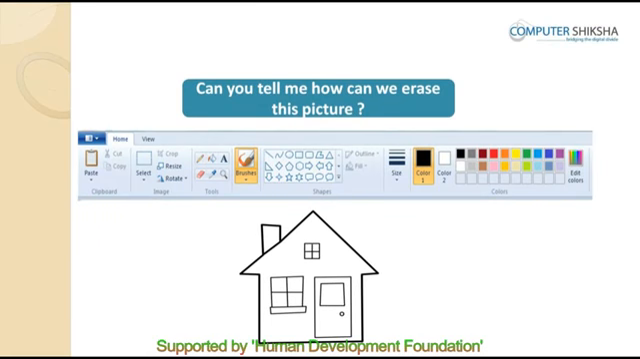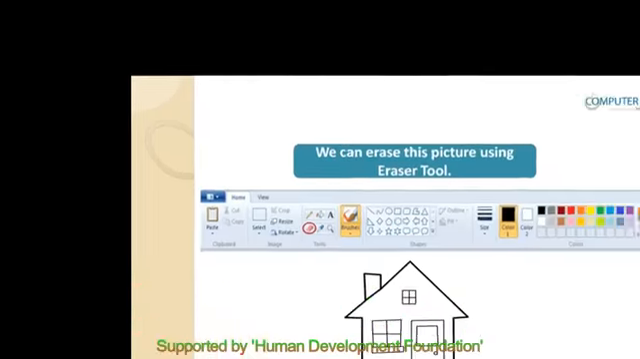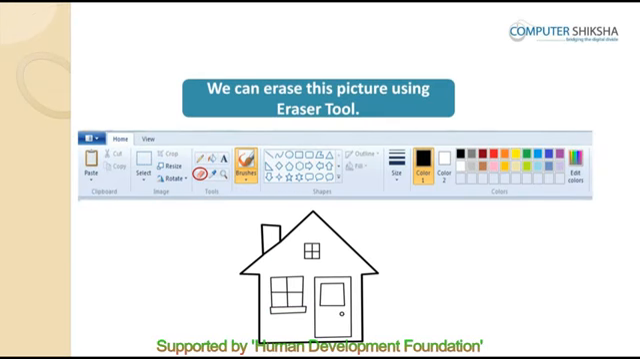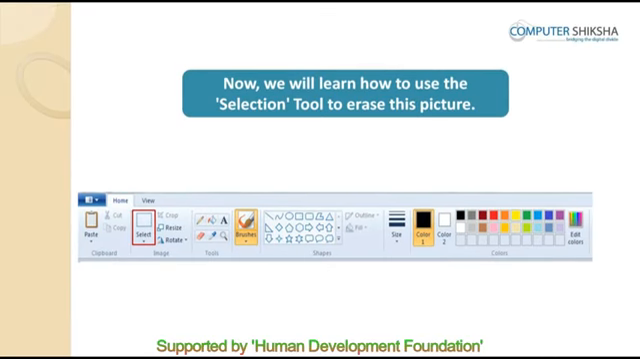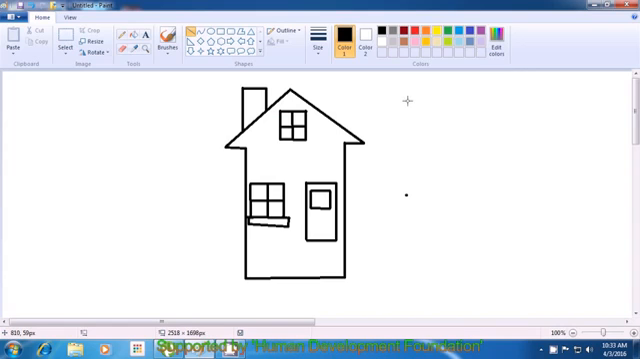Can you tell me how can we erase this picture? To erase this, you can use the erase tool, but you will also learn a method to use the selection tool for erasing. In order to erase this picture using the selection tool,